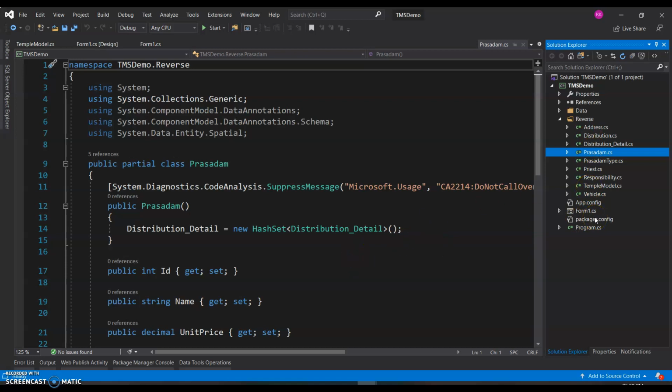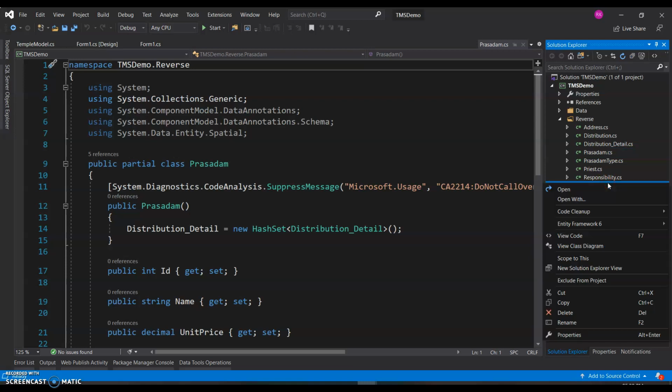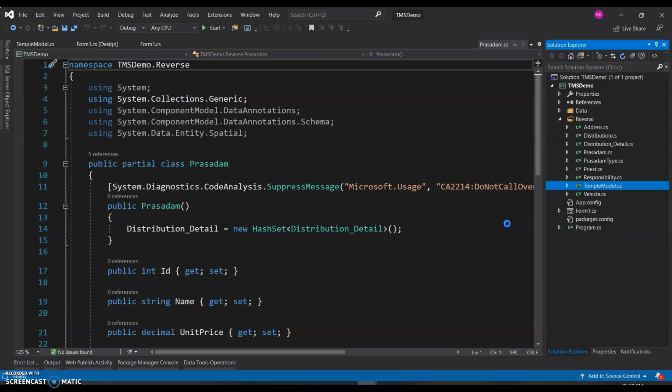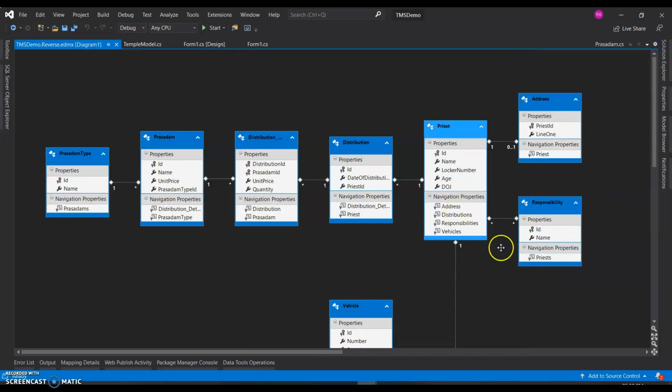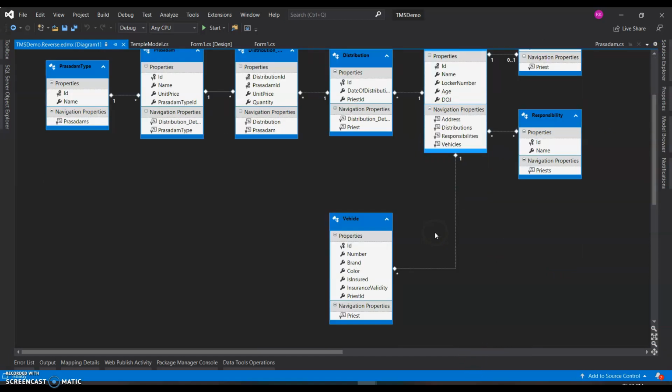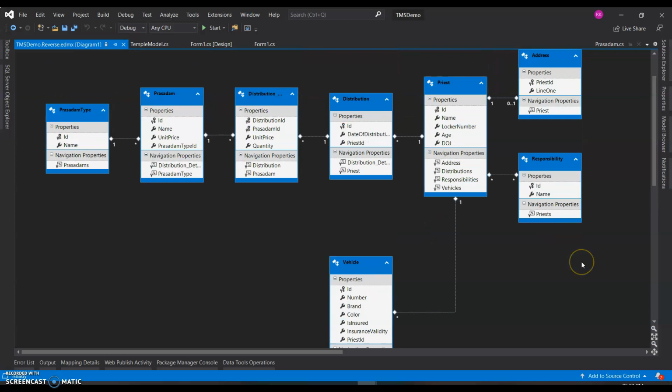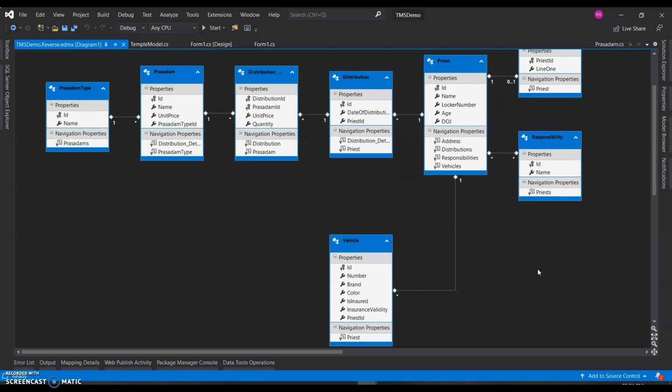And of course, if you want to make sure the context also looks the same, let's go ahead and try generating the diagram for it. Let's see what happens. I'm sure it shouldn't be any different from what we have got earlier. If you see, it looks exactly the same, and it has to look the same, because it's the same conventions, whether it is code first or whether we got the context from the data. The conventions are the same.